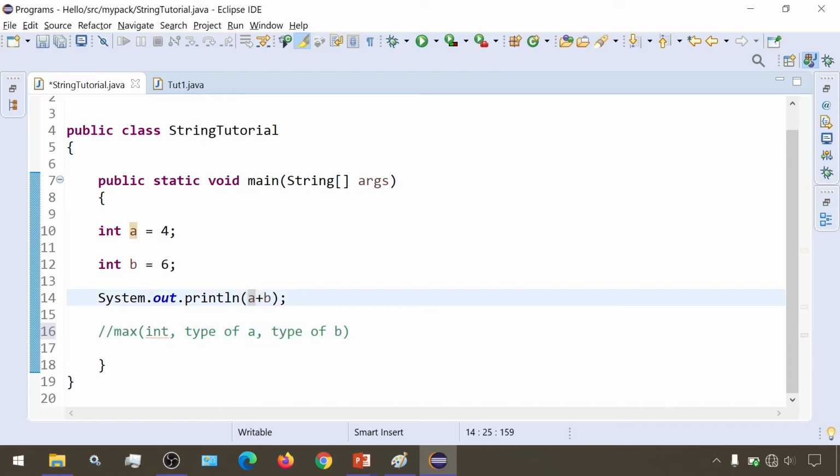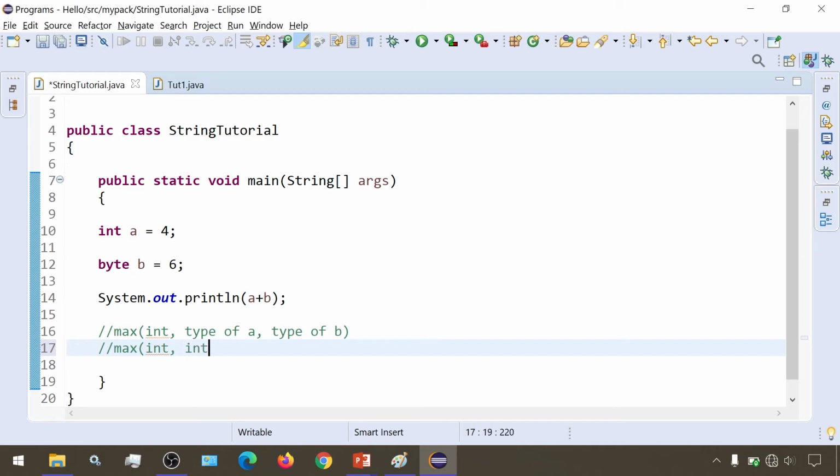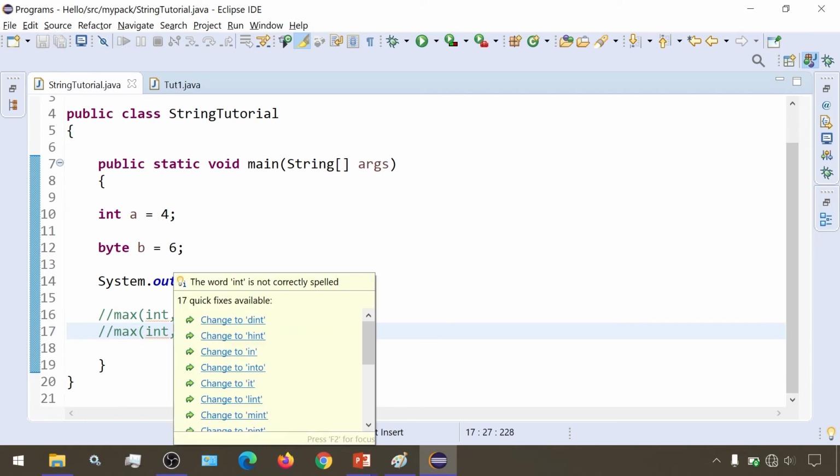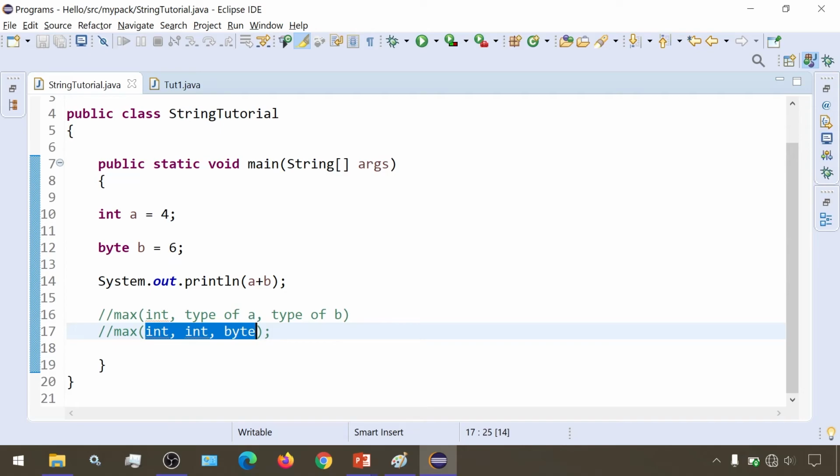But now suppose we have B as byte. The type of this is byte. So what will happen here is it will take the maximum amongst int, then the type of A, which is also int, then the type of B, which is byte. It will take the max amongst these, in terms of memory consumption.